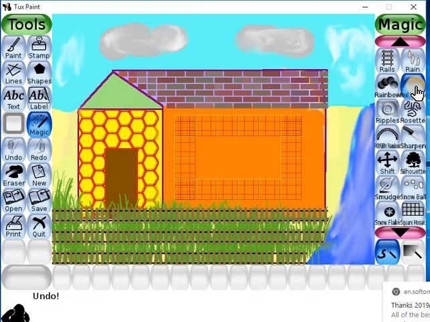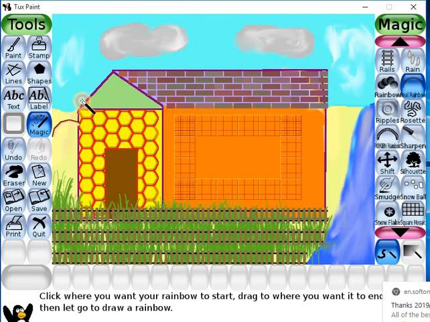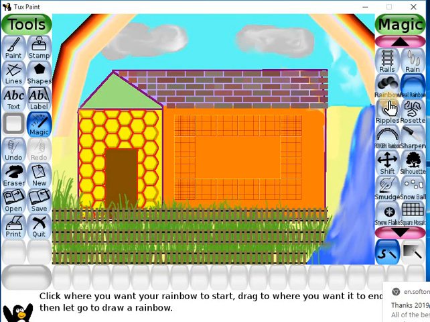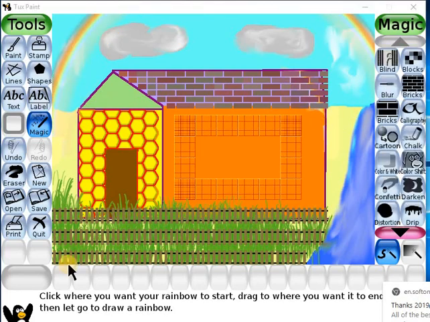We can go to the rainbow option and start drawing from here. Children, now you can see how we have changed the look of the previous drawing by using magic effects. In our next session, we will learn about the stamp tool and further beautify this drawing. Till then, practice all the tools and effects which you have learnt so far.